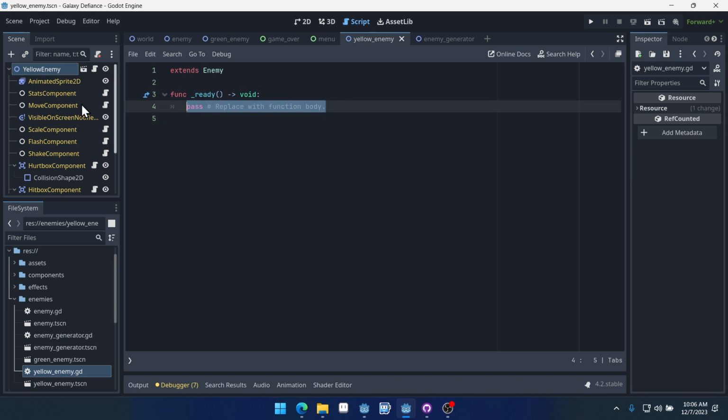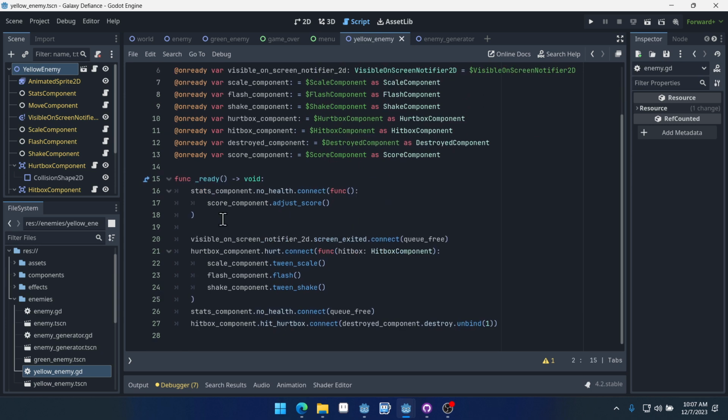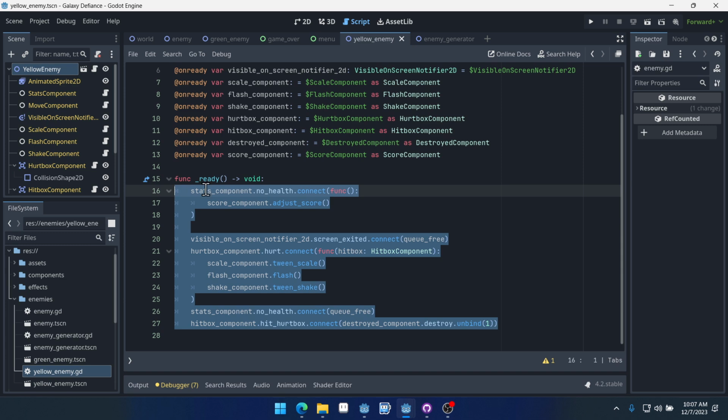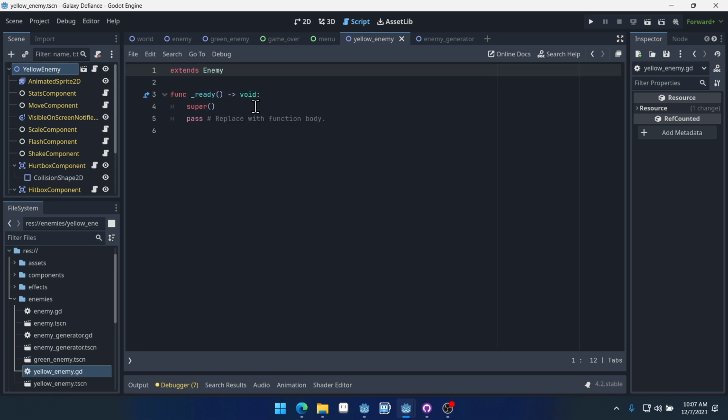Now, we can get access to our move component right here. Well, first we'll want to call super. So this is an important discussion with inheritance. Whenever you're inheriting from another scene, if that scene has a function inside of it, and then the child scene, in this case our yellow enemy that is inheriting from here, also has that function,